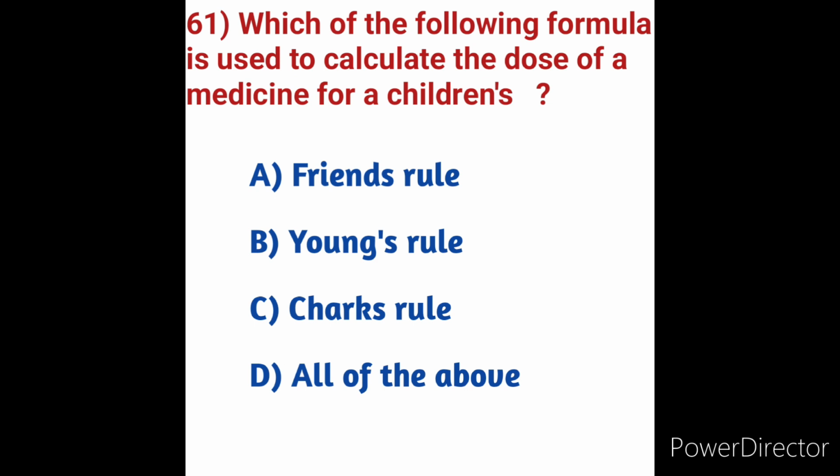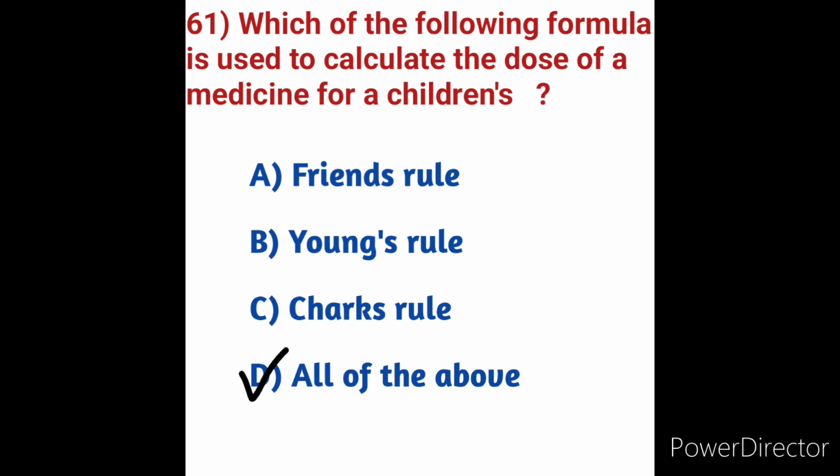Young's formula calculates drug doses using the child's age in years. In the exam, the question on calculation of pediatric doses of medication for children under the age of 1 year, which formula can we use, the answer is Clark's rule. Here in this question, which of the following formulas is used to calculate the dose of medicine for children, all of the above is the correct answer. Here Fried's rule, Young's rule, and Clark's rule. Not only these rules, we additionally have Dilling's formula also. So these are all the formulas related to the calculation of drug dose in children.